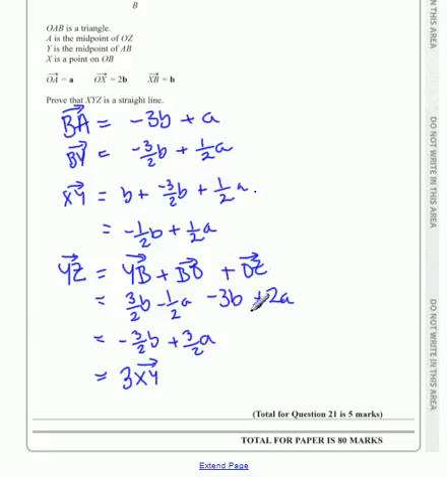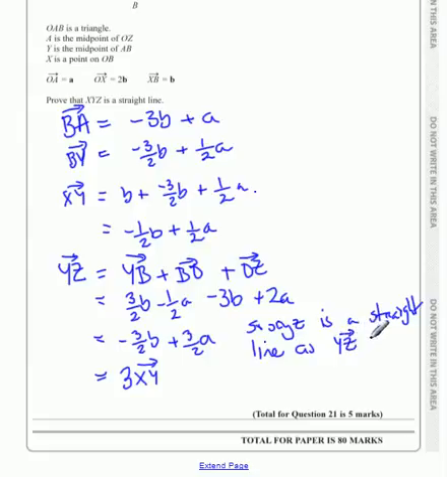So we just need to now state that. So x, y, z is a straight line, as yz equals 3xy, and y is a common